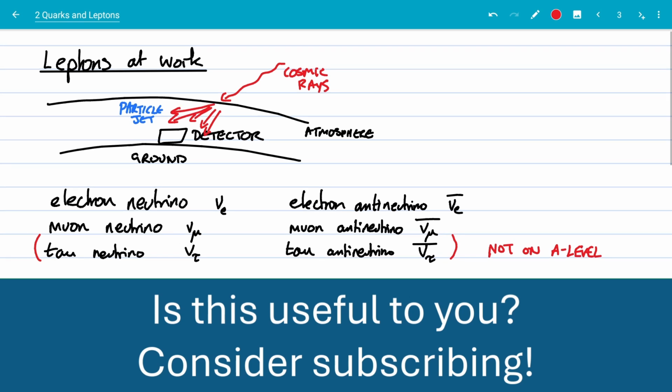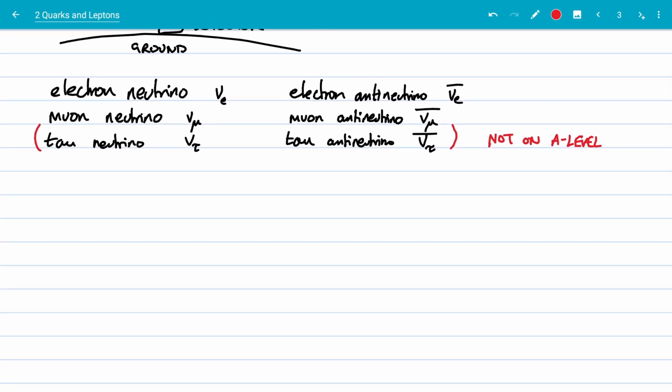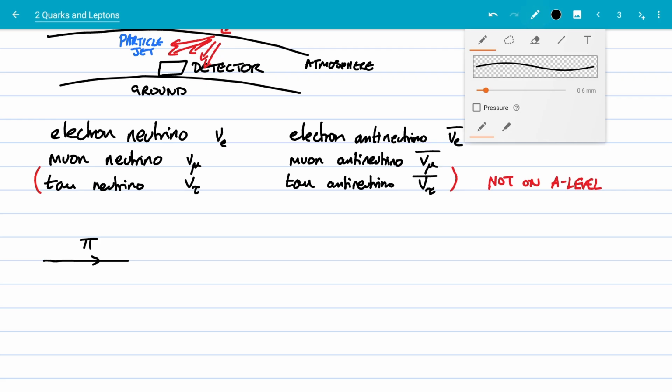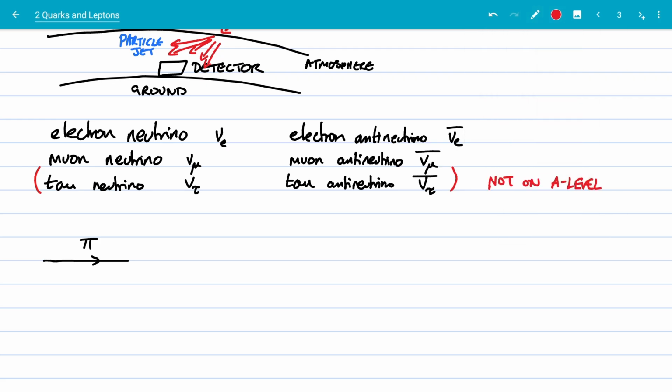So how do we investigate neutrinos? Well, they're really, really hard to detect because they interact so weakly with matter. We can create them easily enough. All we have to do is have a particle that decays into leptons, such as a pion. We can have a pion or a bunch of pions coming in, and then it will decay, and it can decay into a bunch of maybe muons,